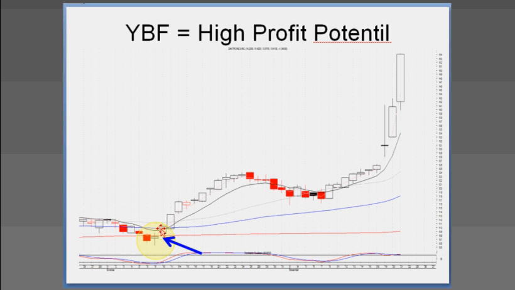Anytime I see a doji in the oversold area and they gap it up the next day, the probabilities, and I use the term probabilities, are that you're going to make money with that trade a high percentage of the time. And on top of that, not only are you going to make a profit, but more than likely you're going to make a good profit just based upon the characteristic of a doji followed by a gap up.